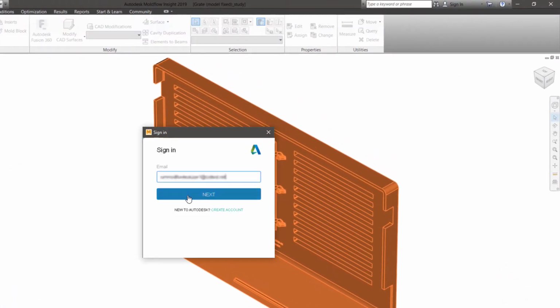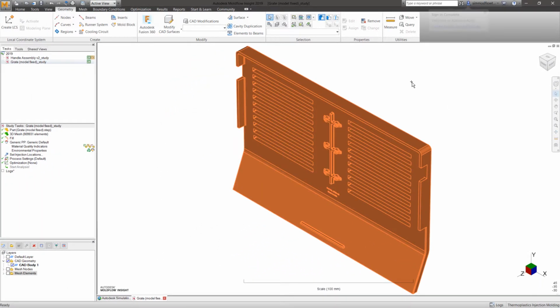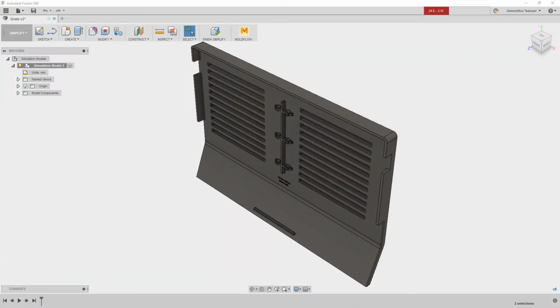Within Autodesk Moldflow, sending CAD models to Fusion 360 is simple. Just select the Fusion 360 button within the Geometry tab of the ribbon, then the CAD bodies to send. Once sent, Fusion 360 opens into its Simplify work environment, which is set up specifically for analysts to modify models